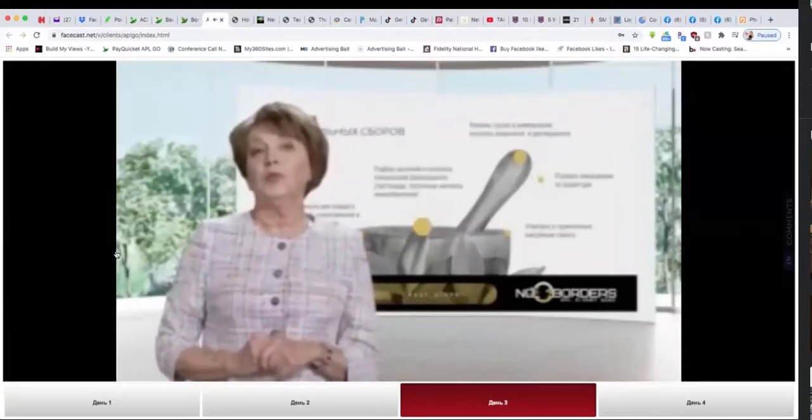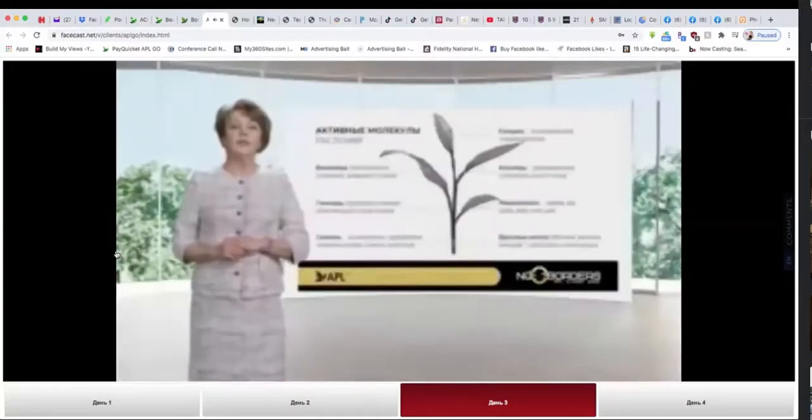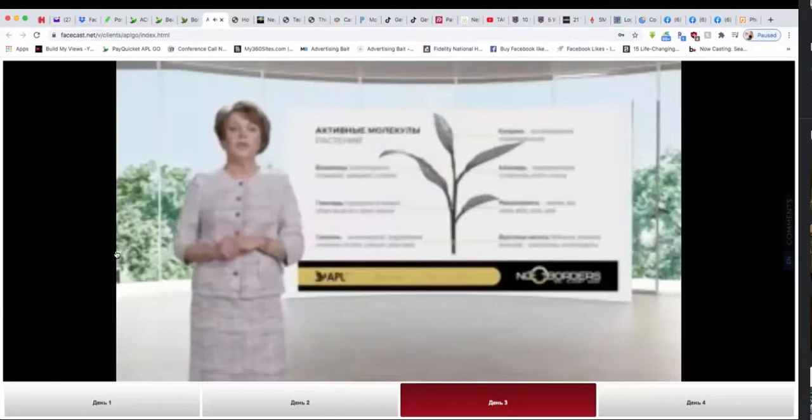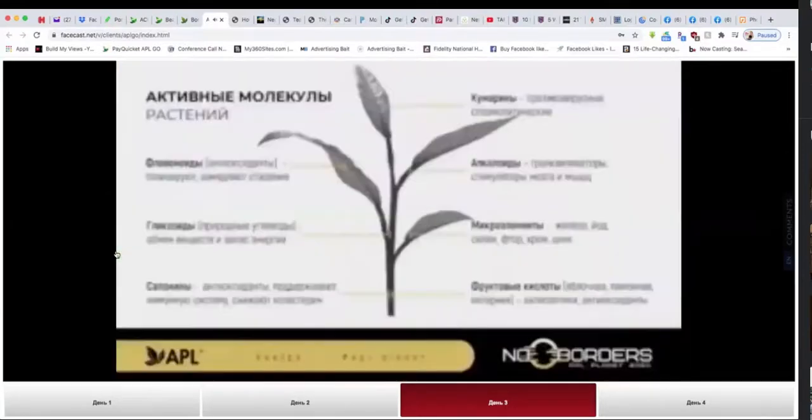Consequently, what is the useful part of it? The plants were selected in order to strengthen each other and provide a synergy effect as well as a long-lasting effect. The components add to each other and increase the force of each other. Consequently, all of the active ingredients open up quite rapidly. Inside, there are initial molecules,